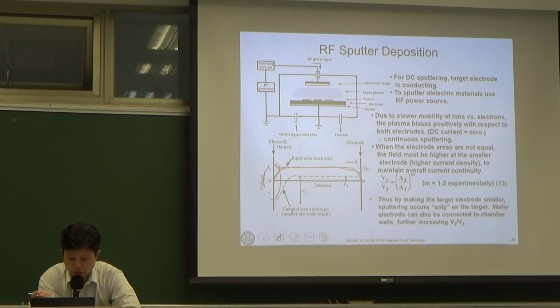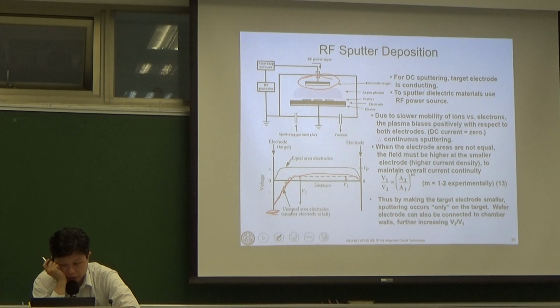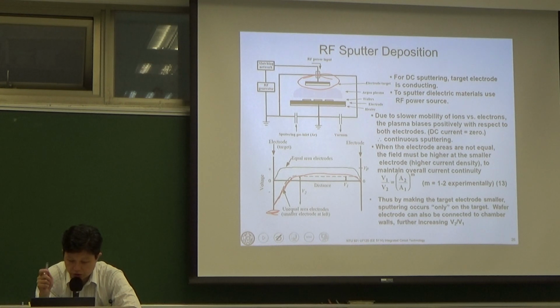How can we do that? We can change the area, because it has an area dependence. The voltage is inversely proportional to these areas. So we can reduce this top electrode, reduce the area. By reducing the area, now your voltage drop will lie close to this smaller area target. So now we change the profile into this dashed line,